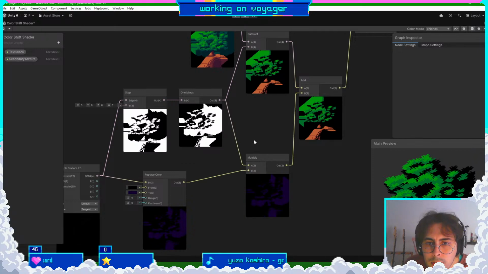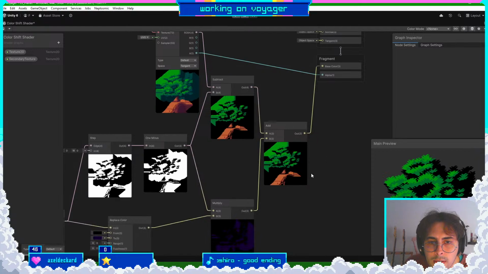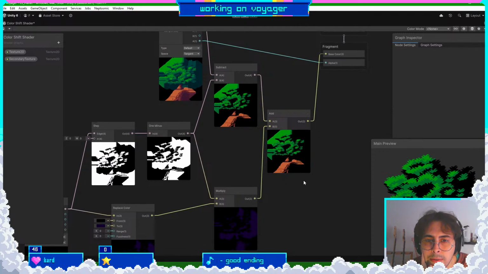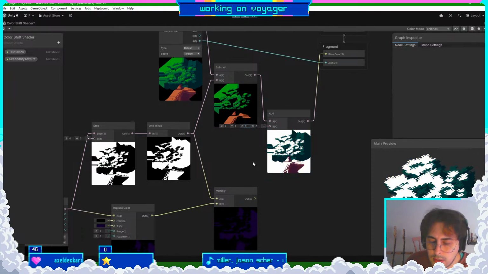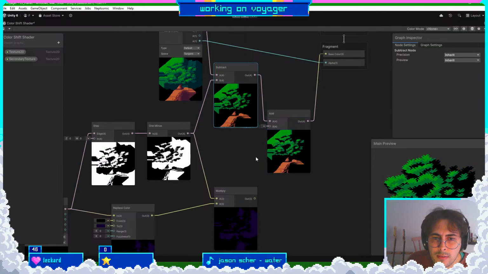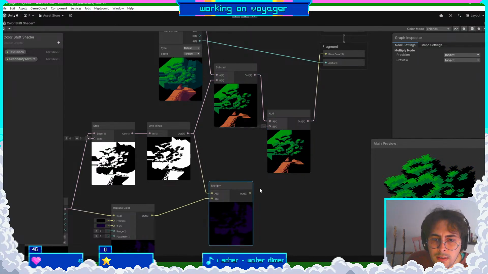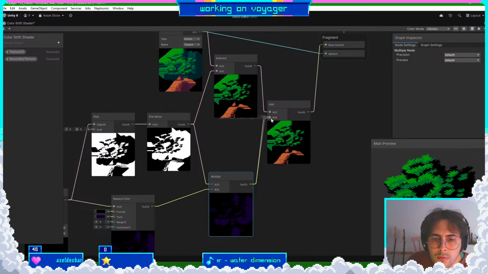No. Yeah, this should be it, because this is black, and when I add, but this should work, I think. Okay. So maybe I need to